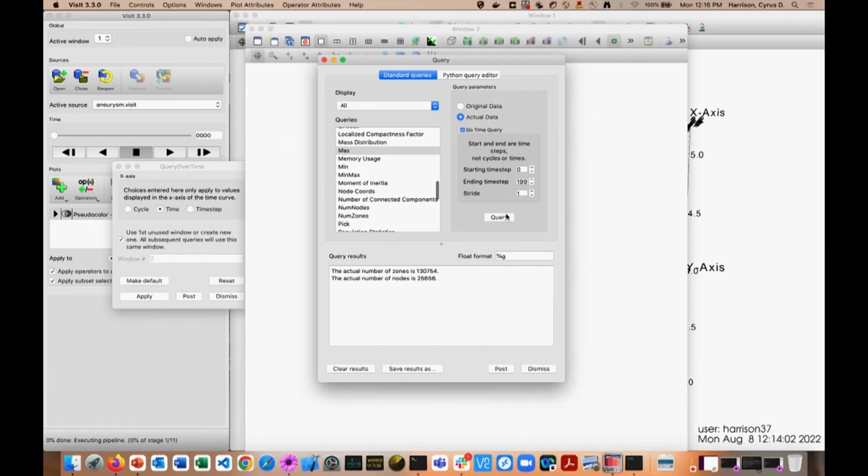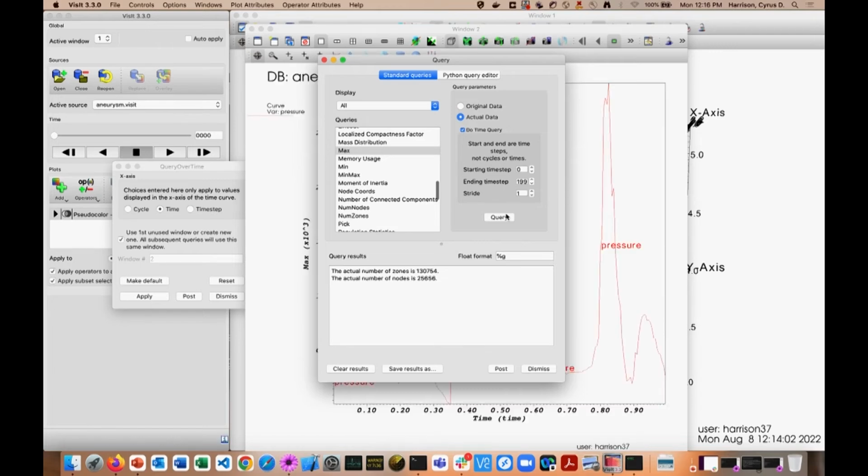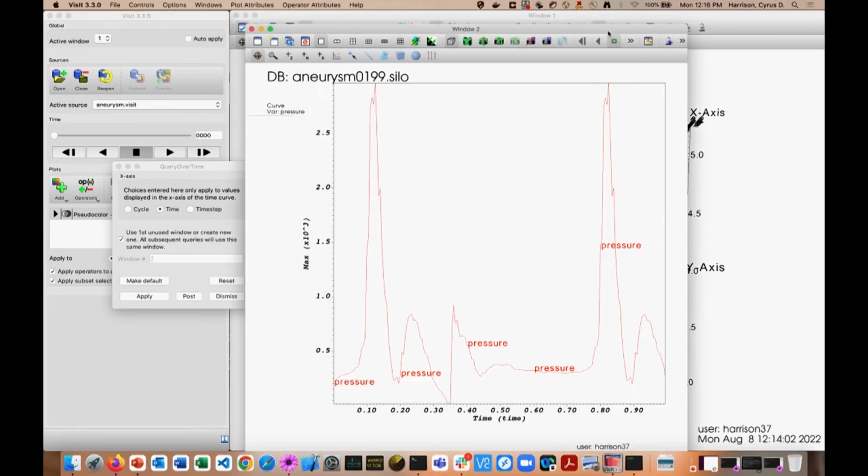So let me hit query. It's going to go off, and maybe some of you can't see it, but it's working very hard for us to read all of those data sets and find the maximum pressure across all of them. And then we end up with this. Here's our signal. This is the maximum pressure over time. You could also think about the minimum. There's a bunch of different ways you could do this,